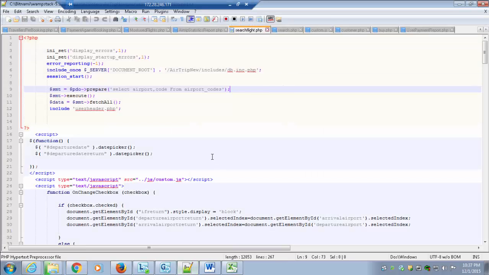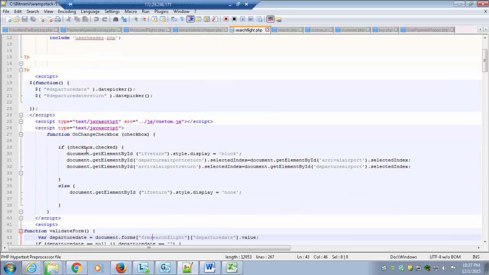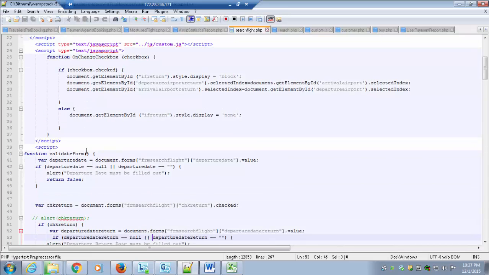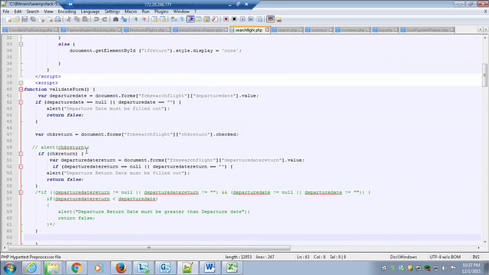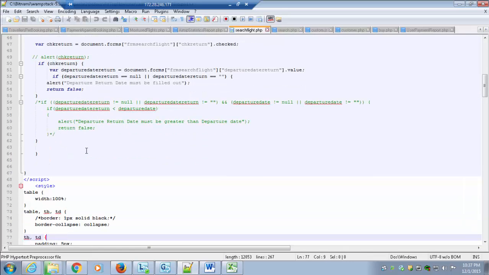And then we have used a date picker for the date, and if it's a round trip, then we can check the box and it would have the round trip. If not, then it would just be a single way ticket.